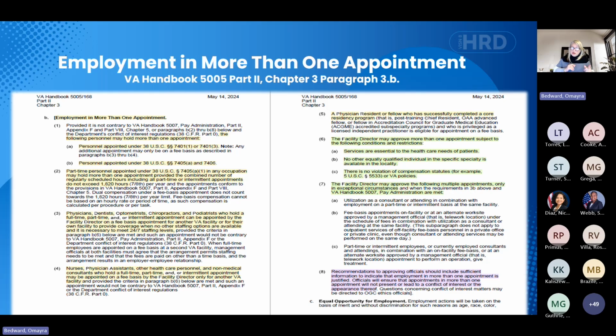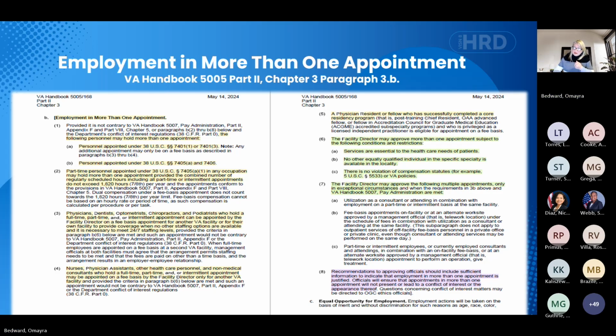And I want to also point out that the language changed a few years back. On this last update, I don't know if in 2020 they did an update, but I know that in 2024 they did one. They are referring to the dual appointments as employment in more than one appointment. So if you were to look for all dual appointments, you might not find that specific wording. However, this is what deals with the dual appointments or more than one appointment.